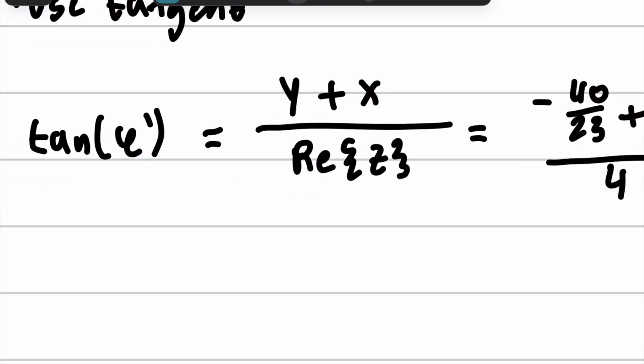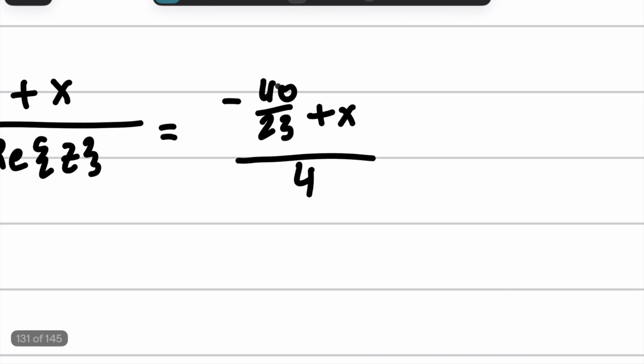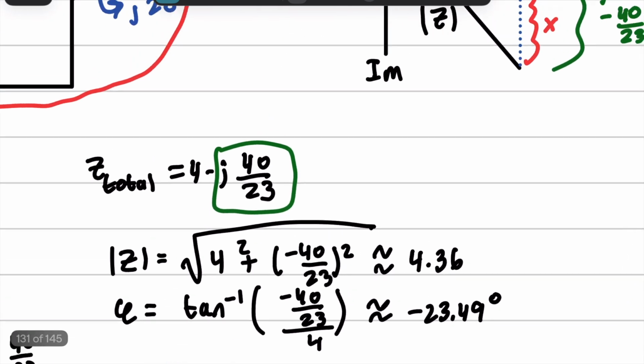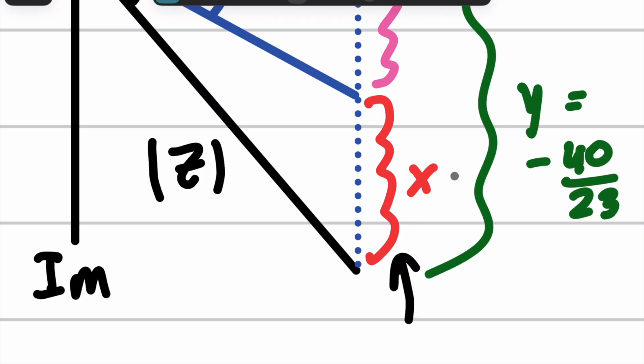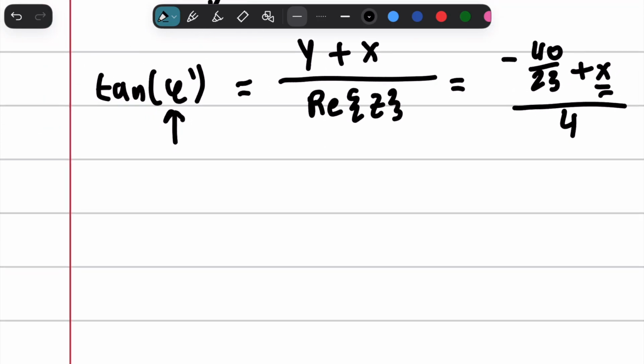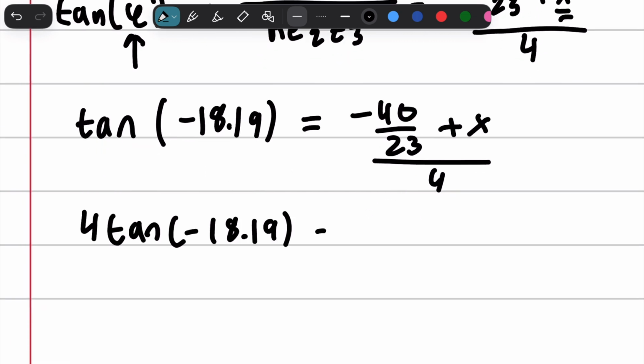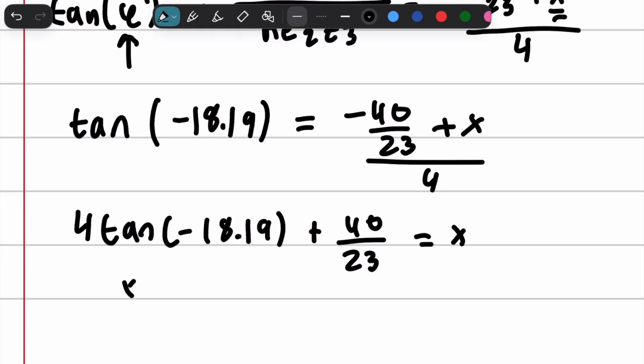And now we know all of this stuff, right? We know what our phi prime is that we want, and we know what our y was. We just need to find our x, which is the component that will take off this part right here. Okay, let's plug everything in. We're going to get tangent of negative 18.19 is equal to negative 40 over 23 plus x, over 4. Multiply both sides by 4, plus 40 over 23 equals x. And we're going to see that x is equal to